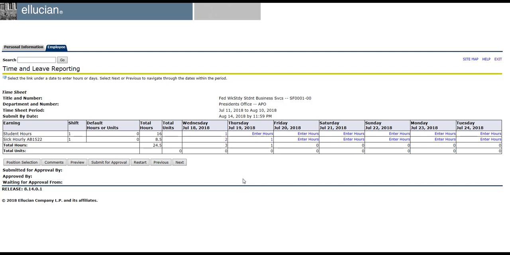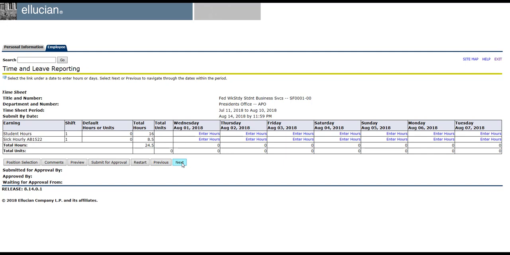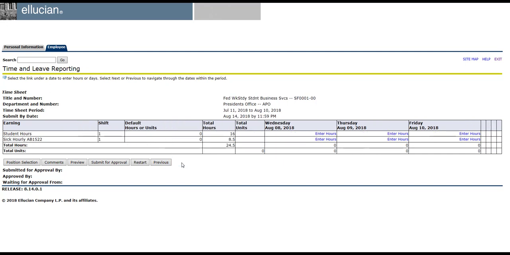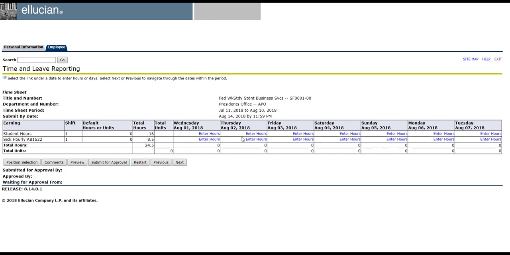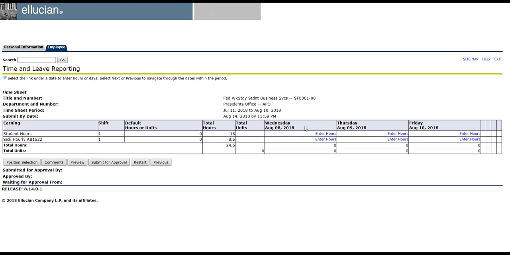At the end of your pay period, you're going to want to go back through and review each week that you've recorded time and verify that it is correct. So you can go previous and next to advance through each week of the time period and review your hours. Once you get to the end of that time frame, it'll give you your final allotment of hours worked and your sick leave. If you need to go in and make any adjustments, you can locate the date in which you would like to make an adjustment